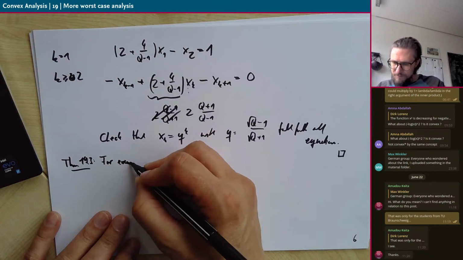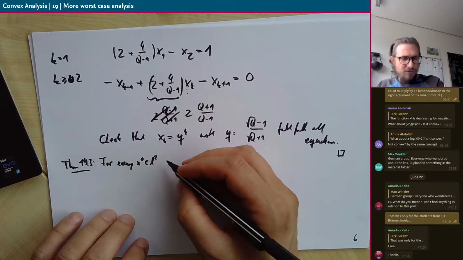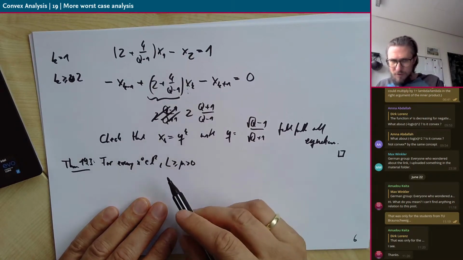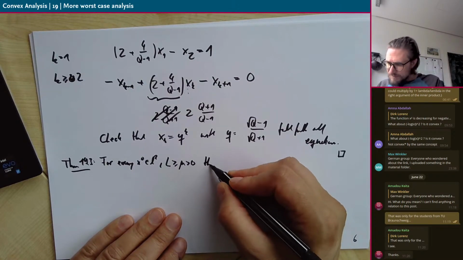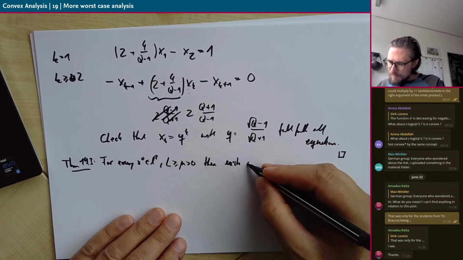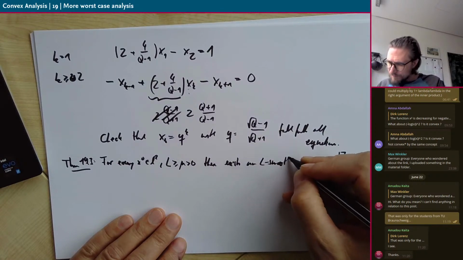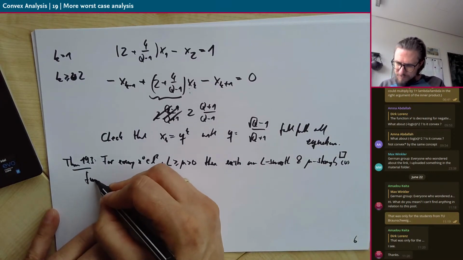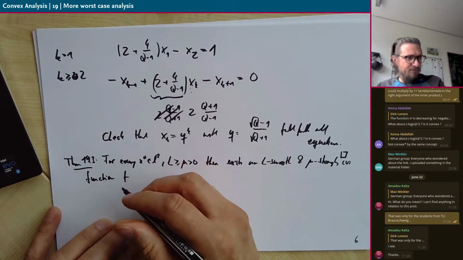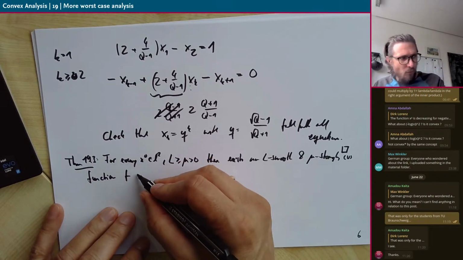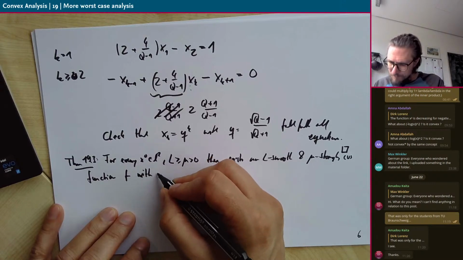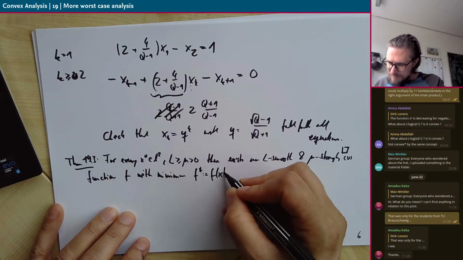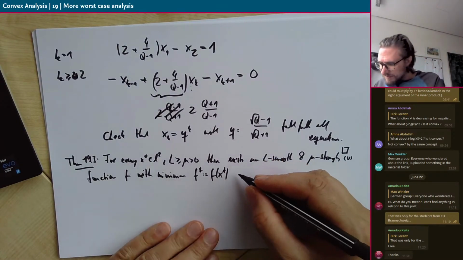So for every initial value in L2 and every constant of smoothness and strong convexity, there exists an L-smooth and mu-strongly convex function f with minimum f star attained at some x star, such that